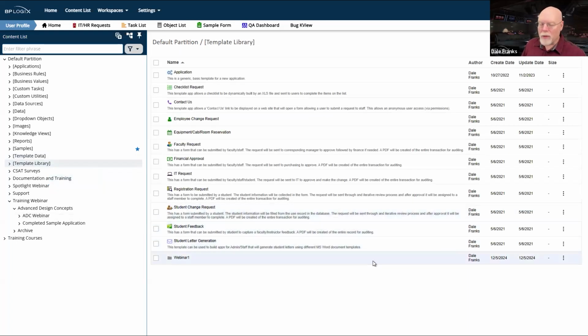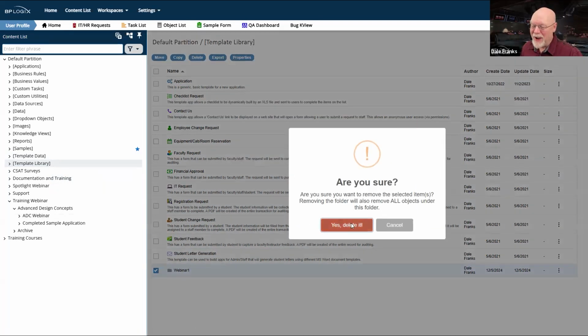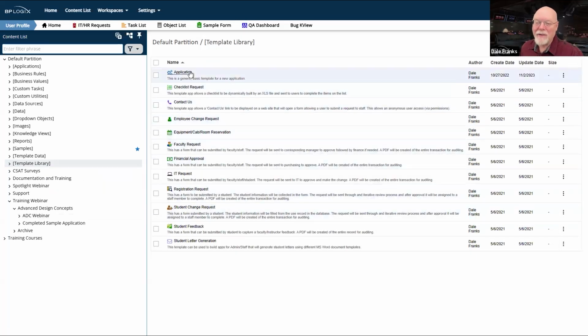And if you download the one that we provide for you on the support website, you'll get all of these applications, including this one, which I think I created during the last webinar, which I'm just going to go ahead and delete real quick for now, because I actually have a template stub already built. I call it application.